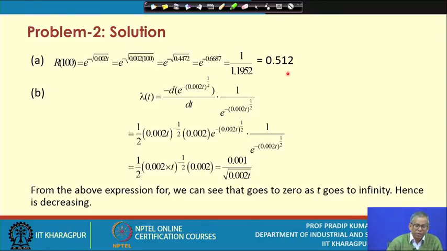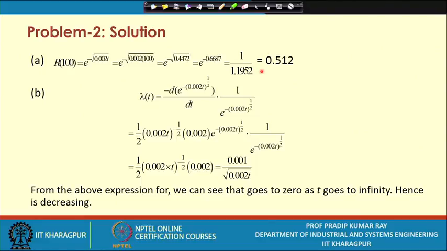That means the probability is just greater than 50%. It is considered to be very, very less. That means you may conclude that this reliability is poor. It may not be acceptable. So that interpretation you also must have. Whenever you get some result, you try to interpret the value or the result